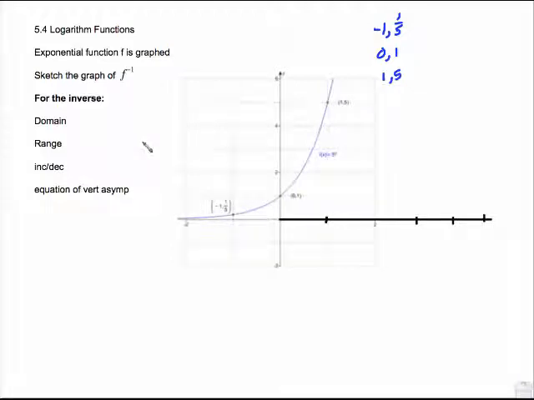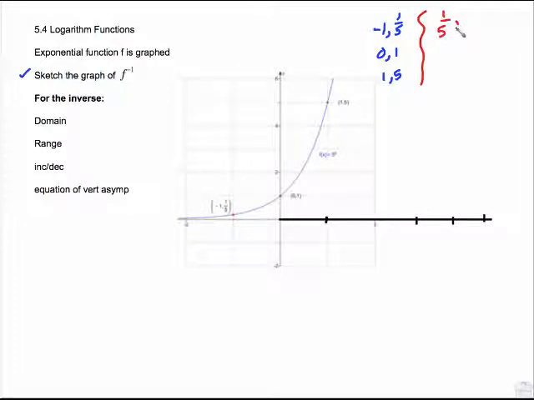This is Pre-Calc section 5.4 on logarithm functions. What we have on this first problem is an exponential function that is graphed, and I've already written the ordered pairs right there. And the reason I've written the ordered pairs is you're being asked to sketch the graph of the inverse. You should remember that you can get the inverse of any function by just switching your x and